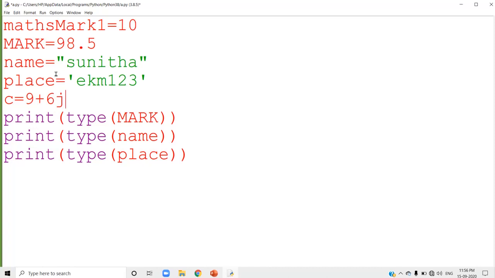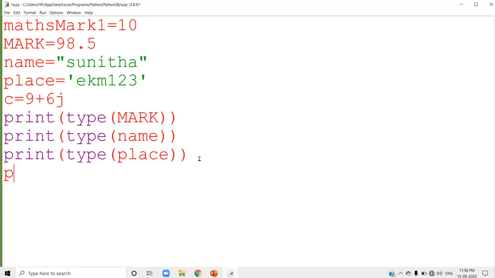This type of number is known as a complex number, which some science students will study in maths. So 9 plus 6j is a complex number, and we will use this complex number in Python. I am not explaining more about complex numbers now.